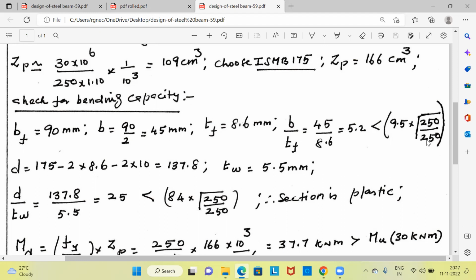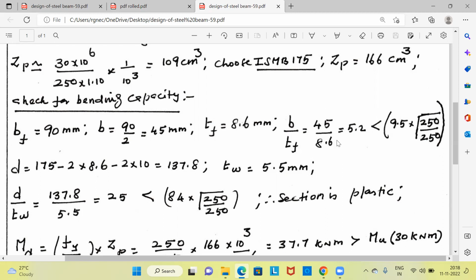If they are giving Fy is equal to 280, then you have to substitute 280 in the denominator. If they give Fy is equal to 300, you have to use 300 in the denominator, in which case this will be less than 1, and this critical value 9.5 will be slightly reduced. Here this is 1, this factor is 9.5, this critical ratio B by T is 5.2, less than 9.5, therefore